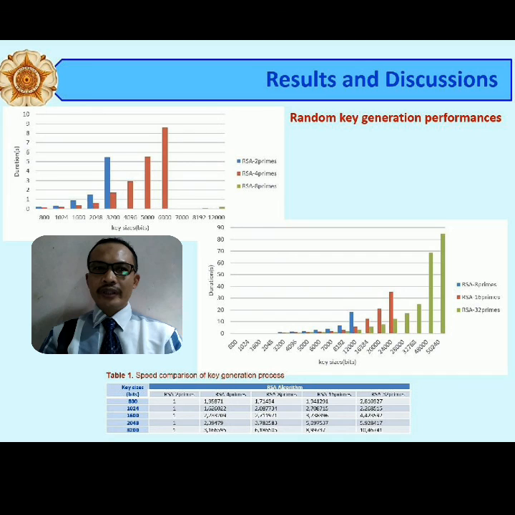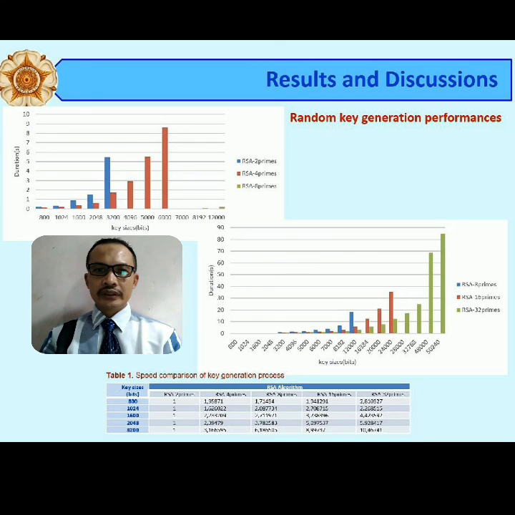In random key generation performance, we know that by implementing multi-prime numbers, we can expand. If we use standard RSA based on 2 prime numbers, we can only implement it in Python programming up to 3200 bits. But by expanding to 4 prime numbers, we can reach 6000 key bits. And then if we use 8 prime numbers, we can expand until